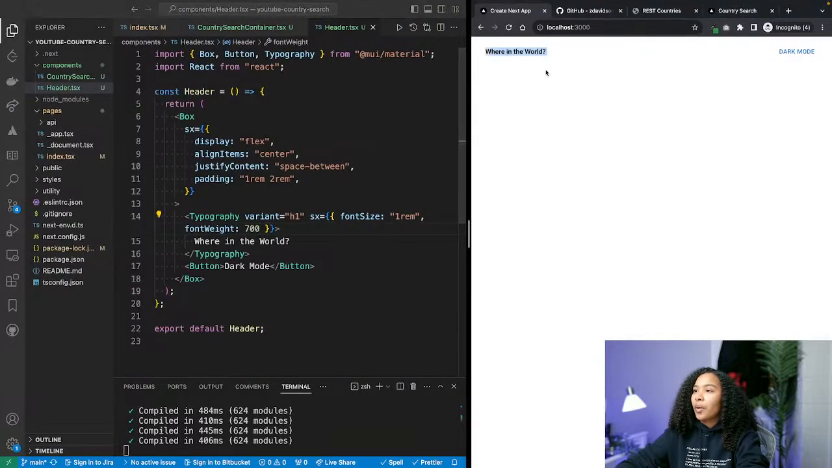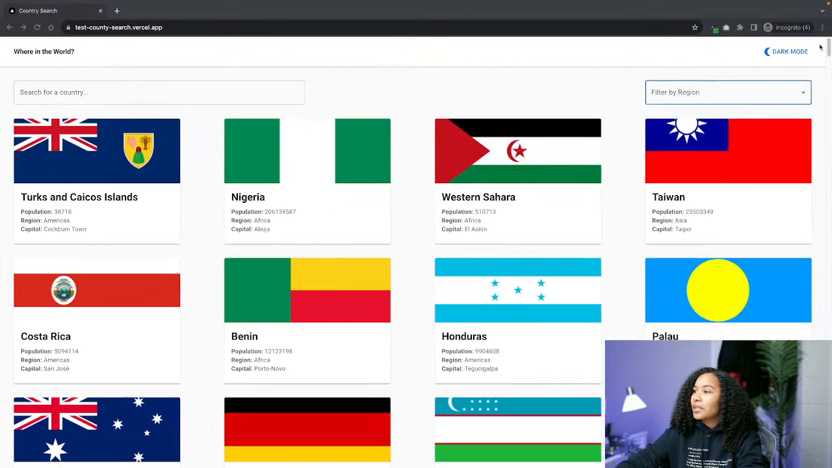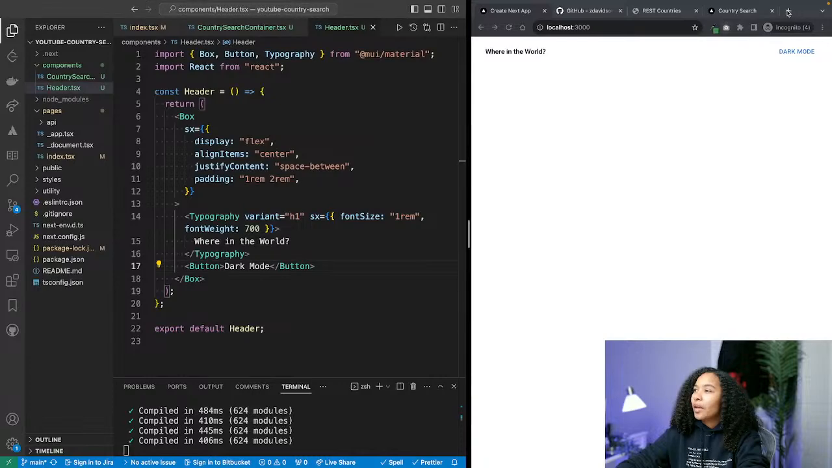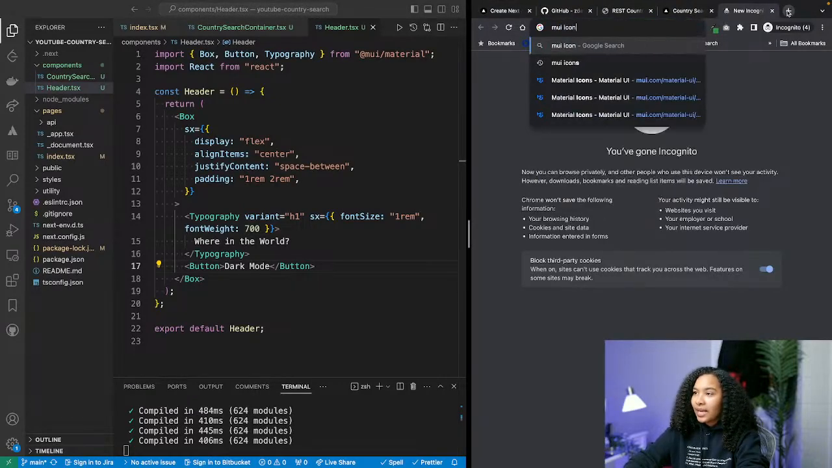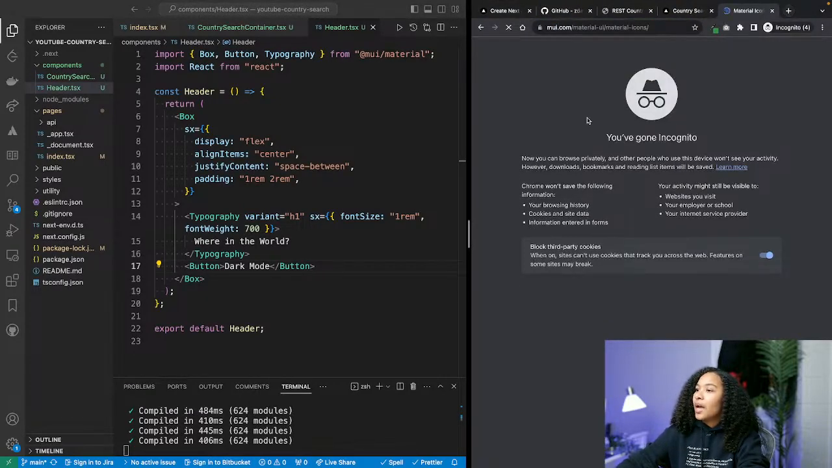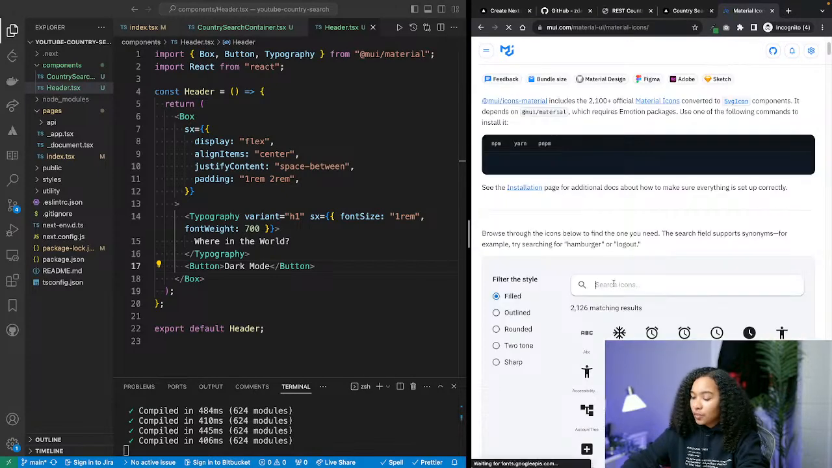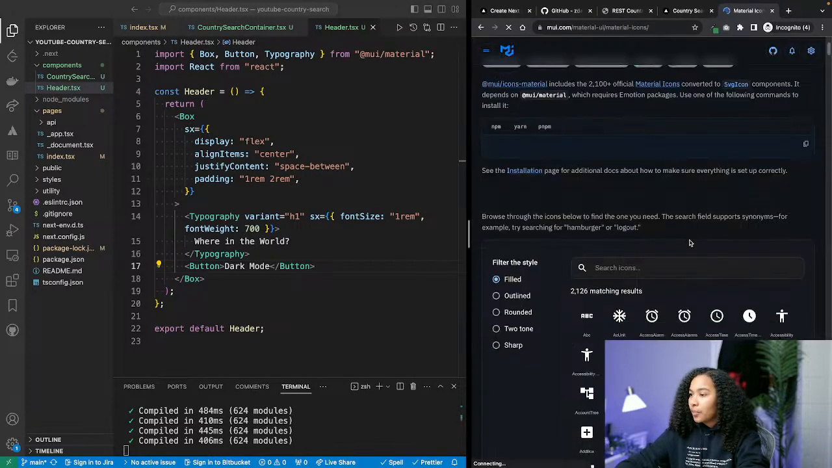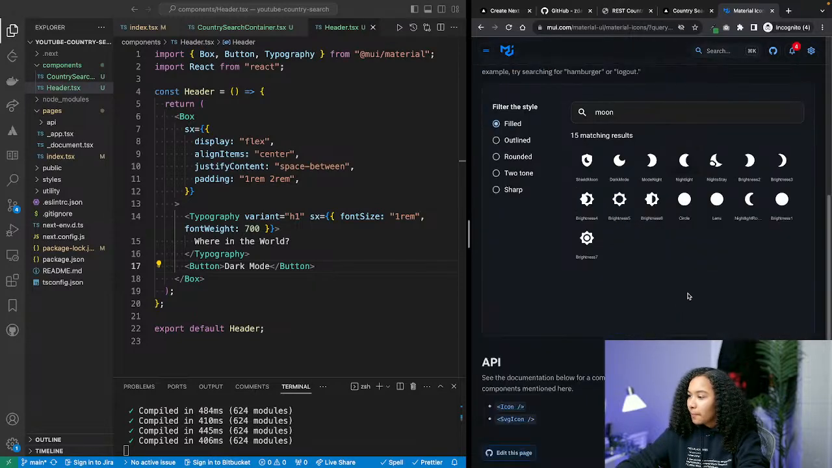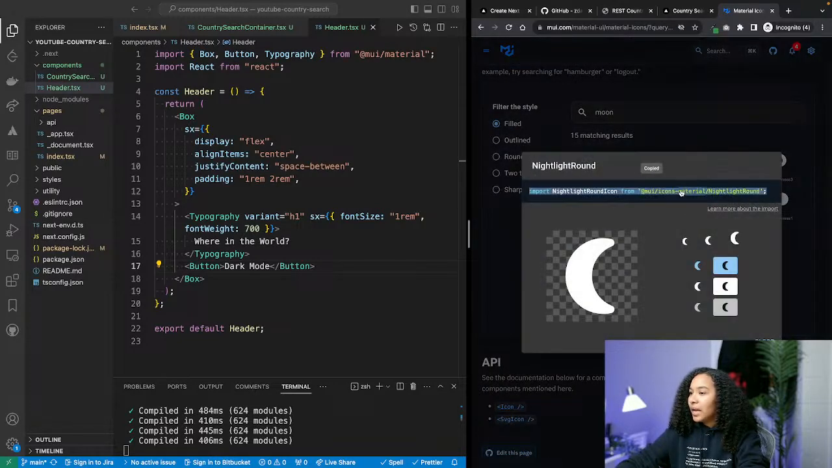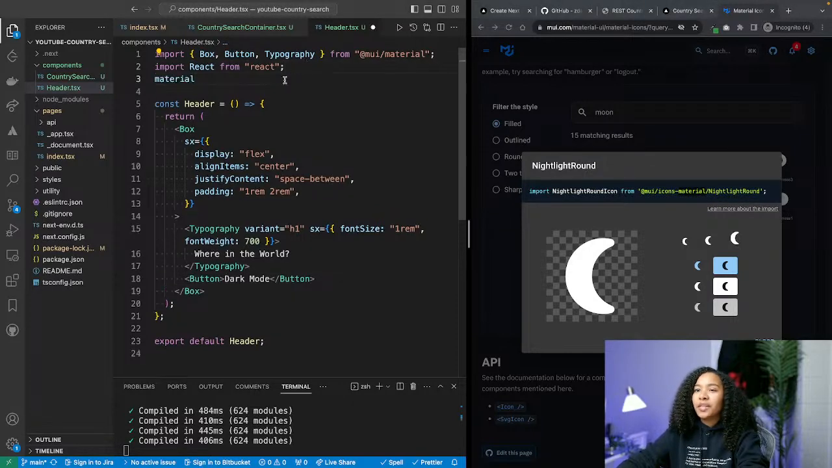Yeah, looks about right. All right, cool. So we have that, and then the dark mode does have this little half moon here. I know that Material UI has icons, and so we can actually access those and use those in our project here. If we search for the moon, they have a little nightlight that works. We can use that